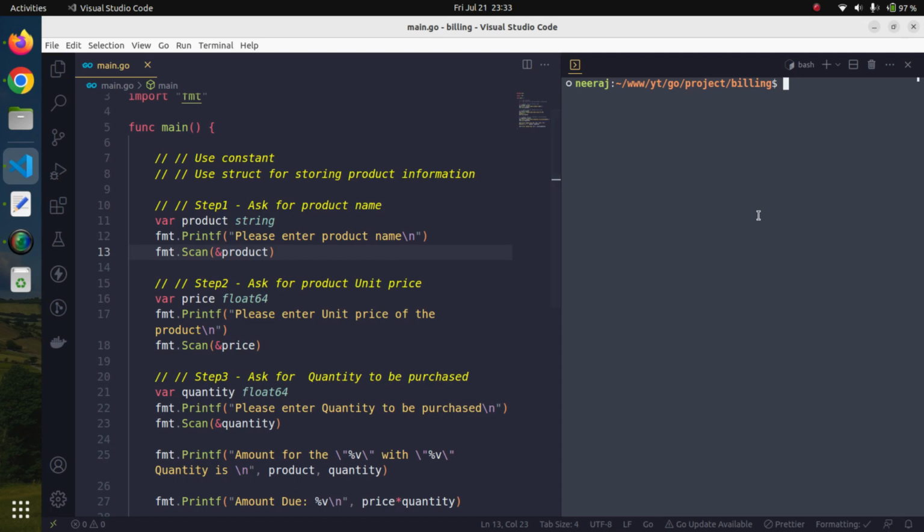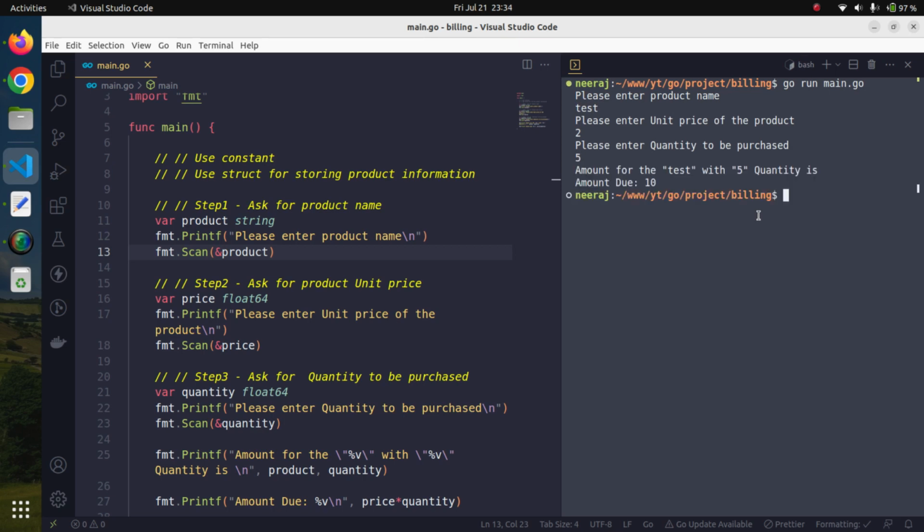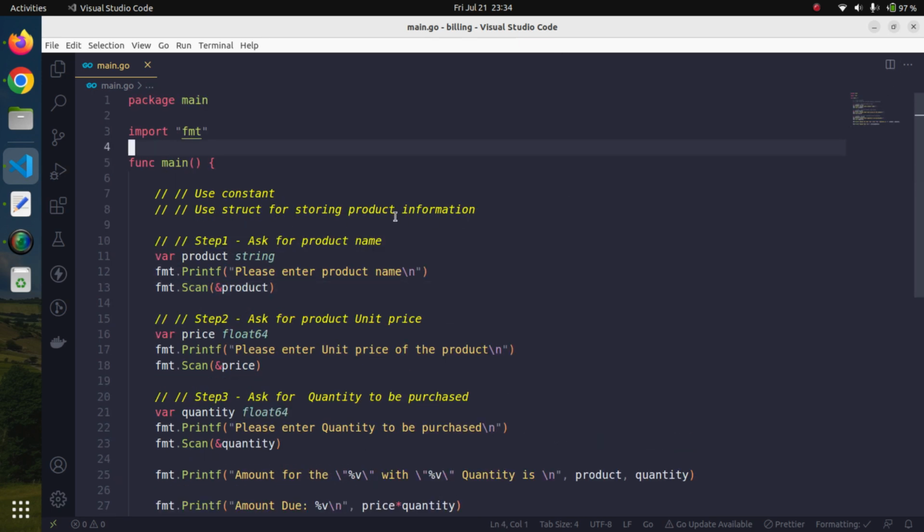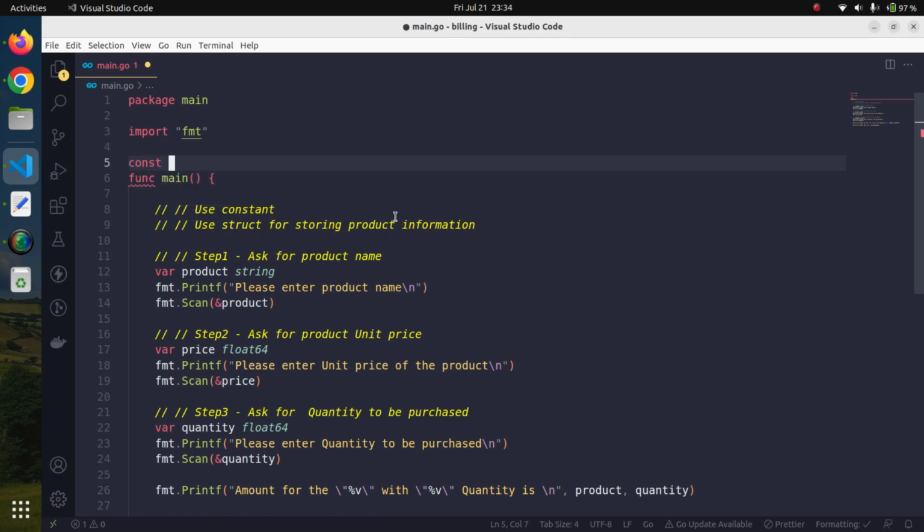If we run our program as it is, this is our program so far. Here it is asking us to provide the name of the product, price, and quantity to be purchased, and finally it displays the product name, the quantity and the total amount due. So first of all, we will create a constant to store our